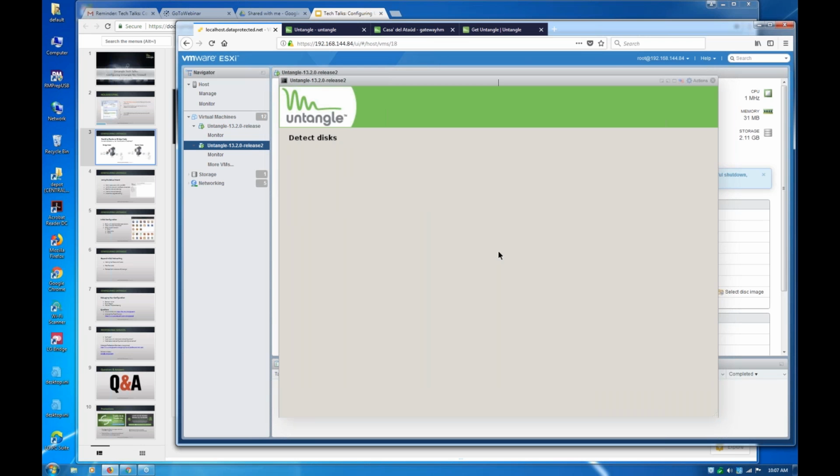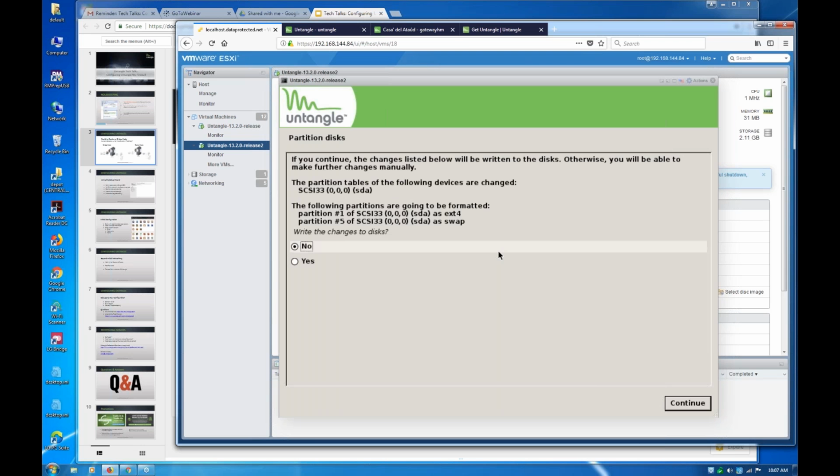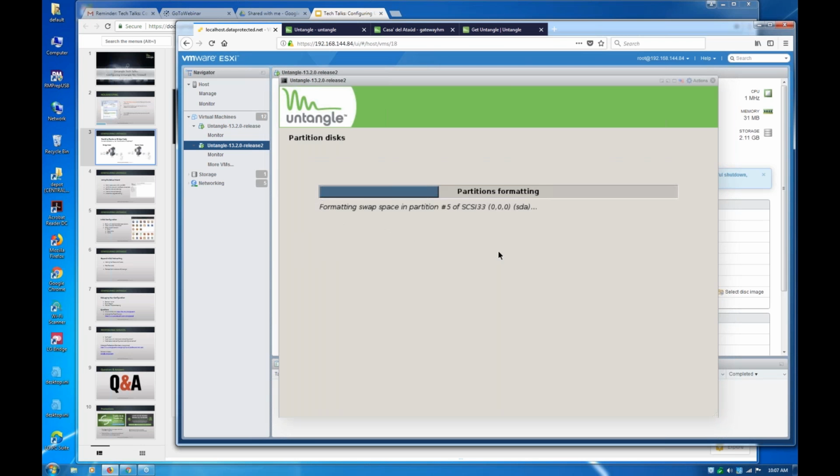Okay, it's going to ask you if you want to make sure you format. One of the problems people have, this is not an application that runs on your Windows or Linux machine. This is a full OS install, so it will erase everything on your machine, and you have to make sure you want to do that. So I'll go ahead and say, yes, I want to erase machine. At this point,